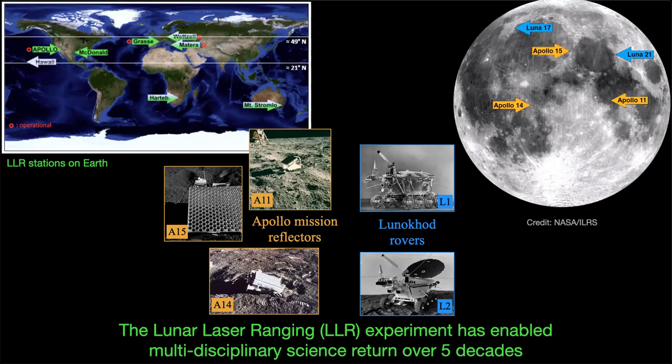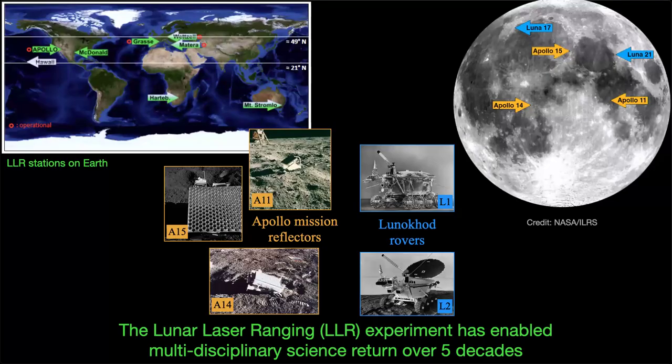So we have 3 sets of reflectors coming from the Apollo mission. This is back in 1969, 1970, and they continue to work because they don't need any power. They are just mirrors placed on the moon surface pointing towards the Earth, and so we continue to range to them using laser pulses. Isn't that cool? We shoot laser pulses to the moon to understand what's in the interior of the moon.